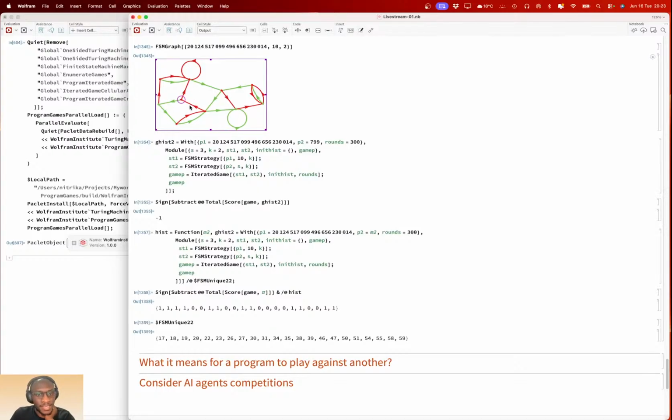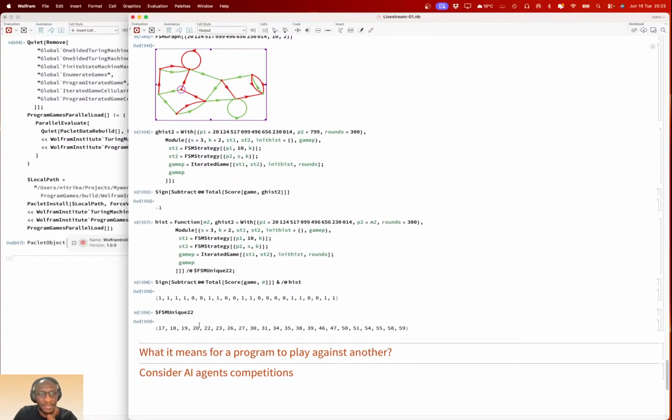So every time you play it against two-state machines, it seems to imitate, or model, the opponent's behavior. And since the opponent's behavior is a simple two-state machine, it does that so well. That's why it gets to beat them.